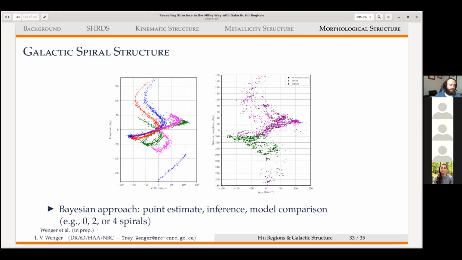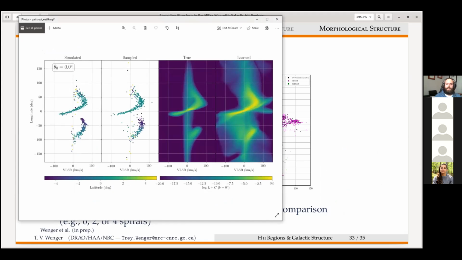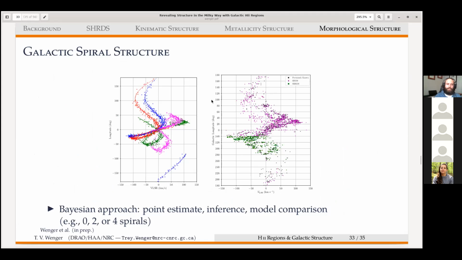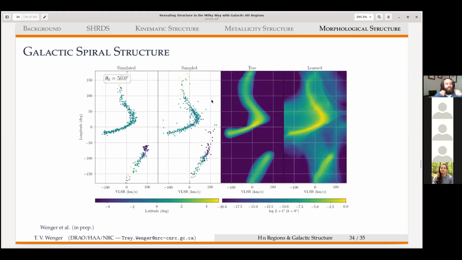So that's when I shelved this project for a long time until I discovered this new tool called simulation-based inference, which is a way to derive a likelihood function, not analytically, but using a neural network. You essentially simulate a bunch of data from your model, which is easy to do in this case, and you train a neural network to learn the relationship between the model parameters and the distribution of data in this parameter